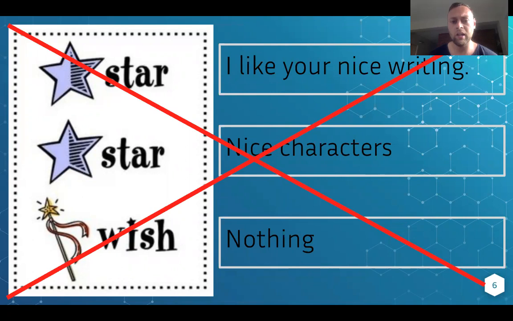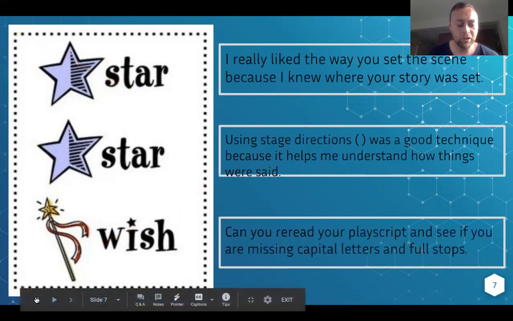Dun, dun, dun. So this person checked the work and they said, I like your nice writing. And then they said, nice characters. And then they said, for a wish, nothing. This is a bad example of peer assessment. We need to make sure, like I said earlier, that our feedback is helpful and that it's specific to what we're talking about. So yes, your writing should always look nice, but what did they include? So if I go back 1 page and I look at the example I've just shown you,